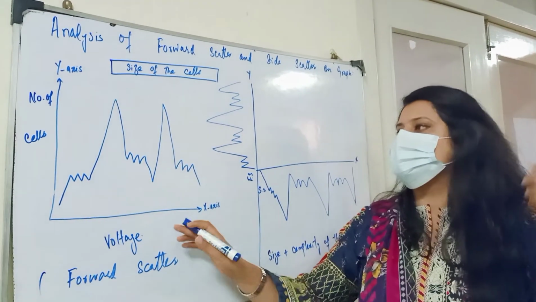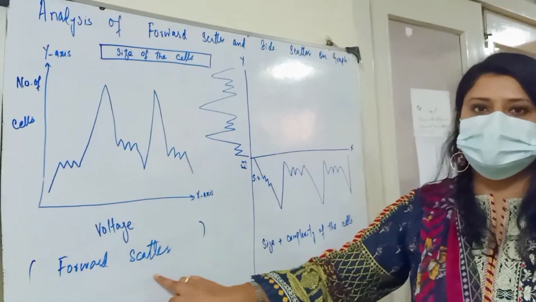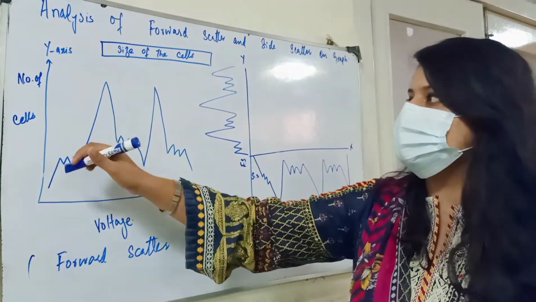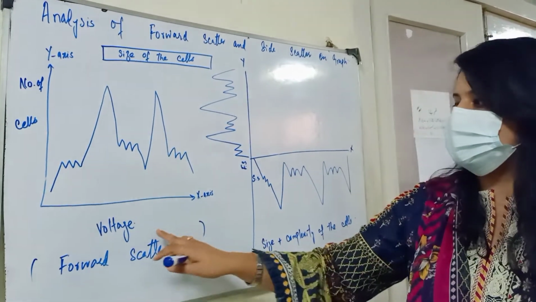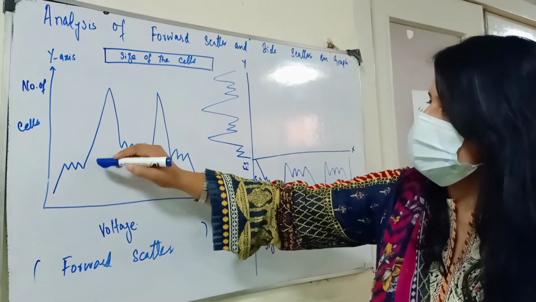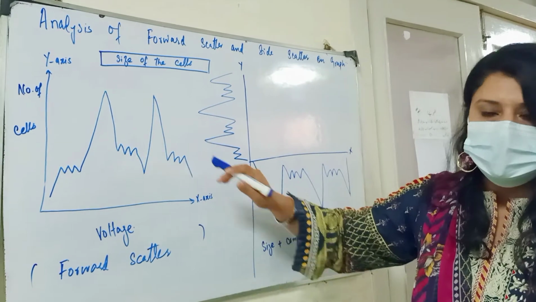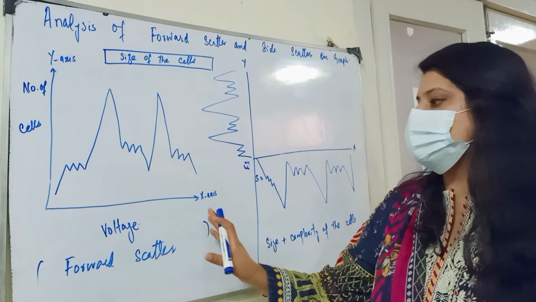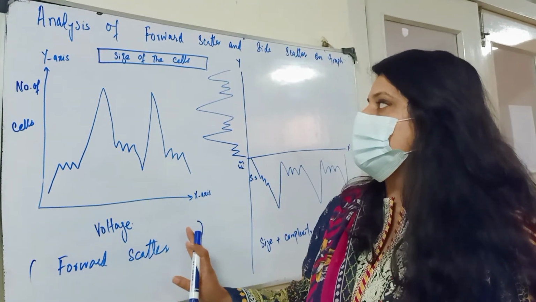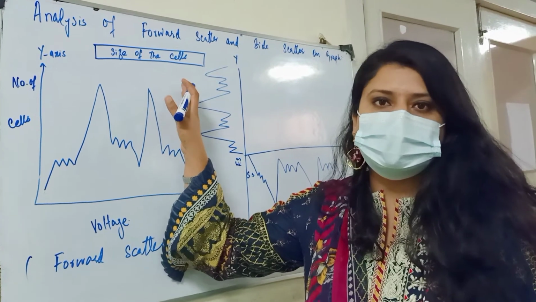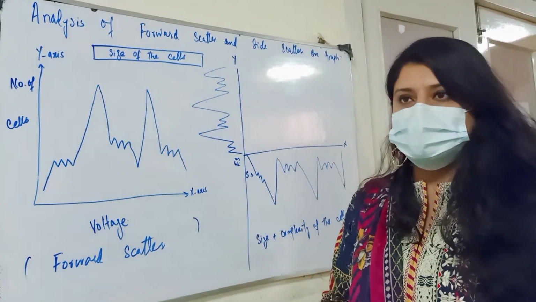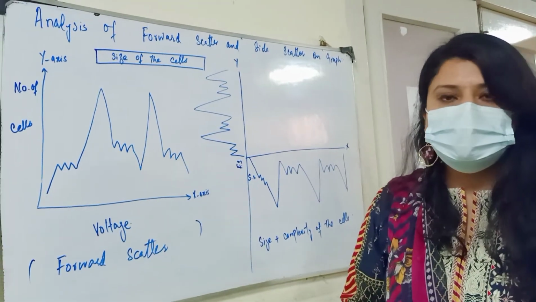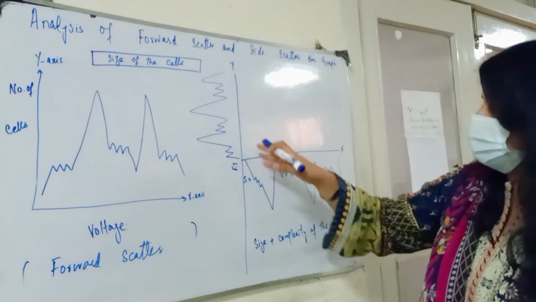So the first graph is about the forward scatter, the data obtained by the laser beam and the detectors through forward scatter. On the y-axis we put the number of cells, and on the x-axis we have applied the voltage, and the peak shows the number of cells that come in the forward scatter. Similarly we can plot the graph for the side scatter, but the important thing is that only with the forward scatter can we get the number or the size of the cells, and only with the side scatter can we get the complexity of the cells. But in the mixture we want to know both things: the number, size and the complexity of the cells. So we combine the 2 graphs, as shown here.